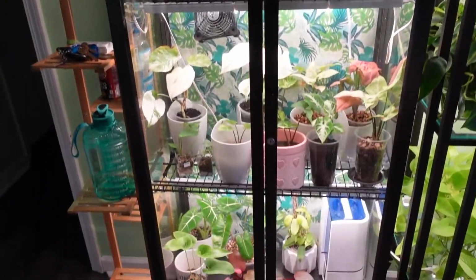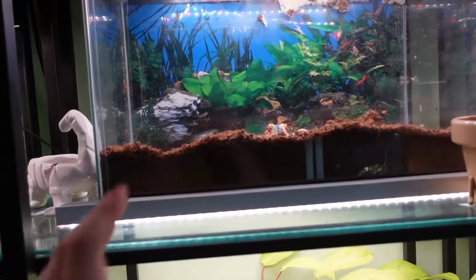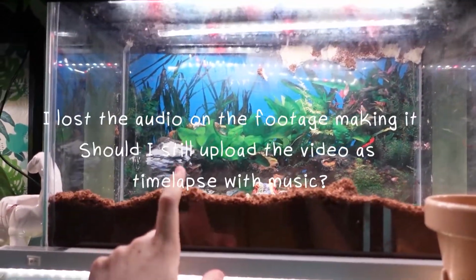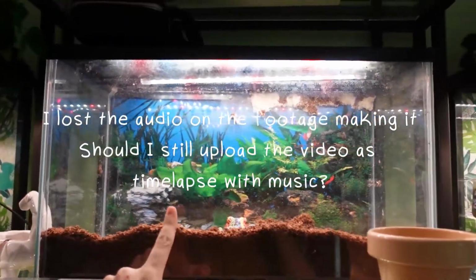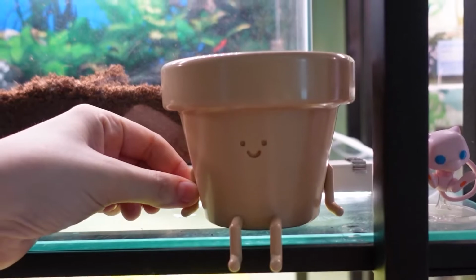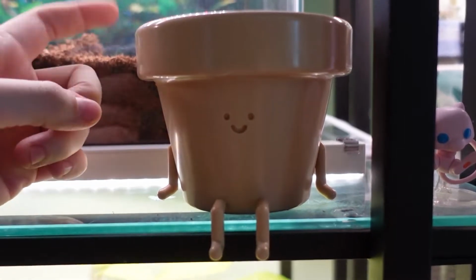That's all the plants in there on this middle shelf. This is going to be a future project. This is an old aquarium. My betta fish Naruto used to live in here. This is one of the cute little earthling pots that my hopefully one day sister-in-law June got for me, and